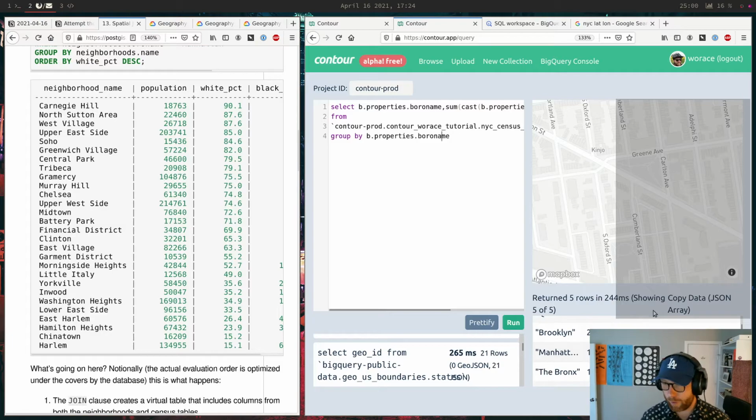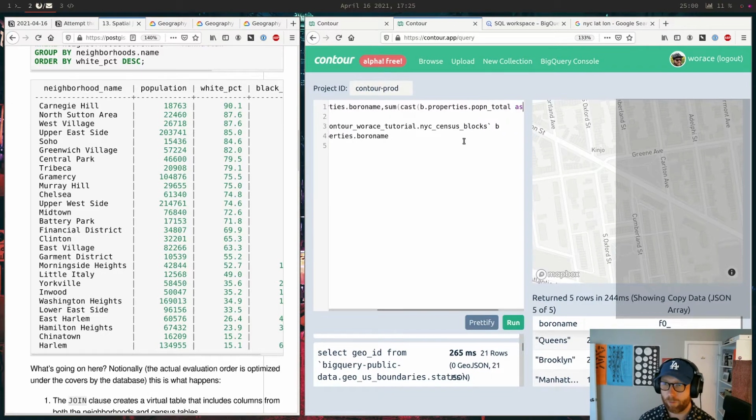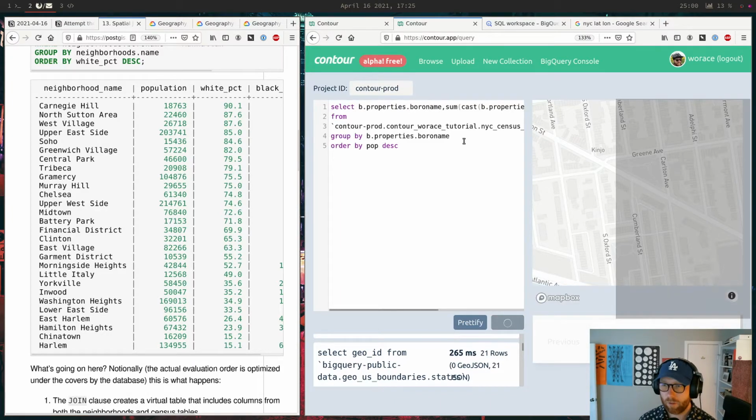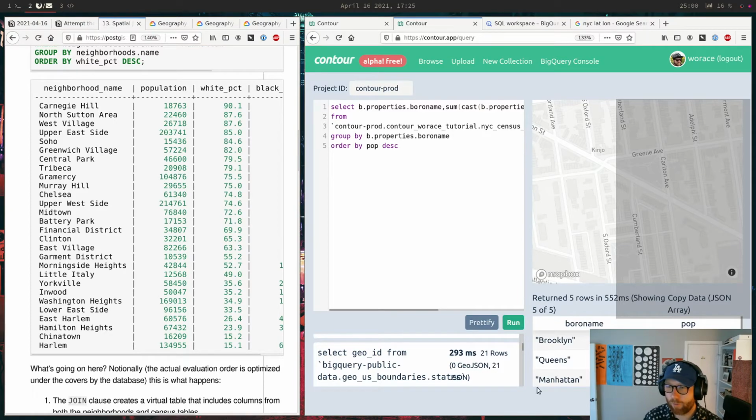So which one's biggest? Let's see. Order by. Wait. I think I did this one already actually. Pop as. Another thought I have when I do this is, if there's any way... Oh, so Brooklyn is biggest, then Queens, then Manhattan, Bronx, Staten Island.